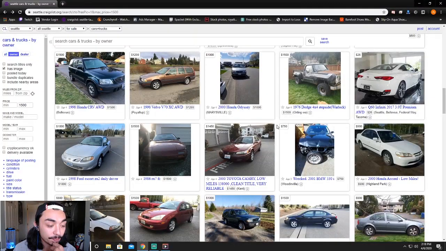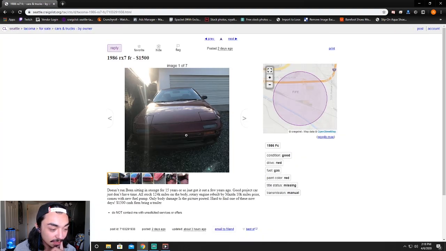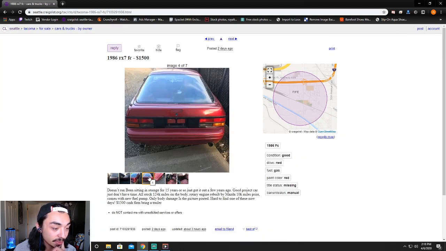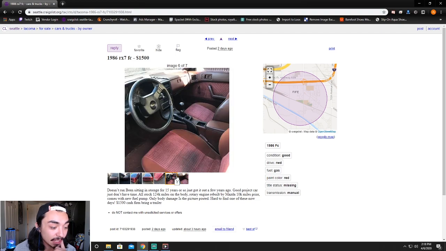I've done stuff like that. Another thing you want to look at is cars like this. Now, 1986 RX-7 FC. This is an FC body, so this is a very popular drift car. There are some cars that are just icons,